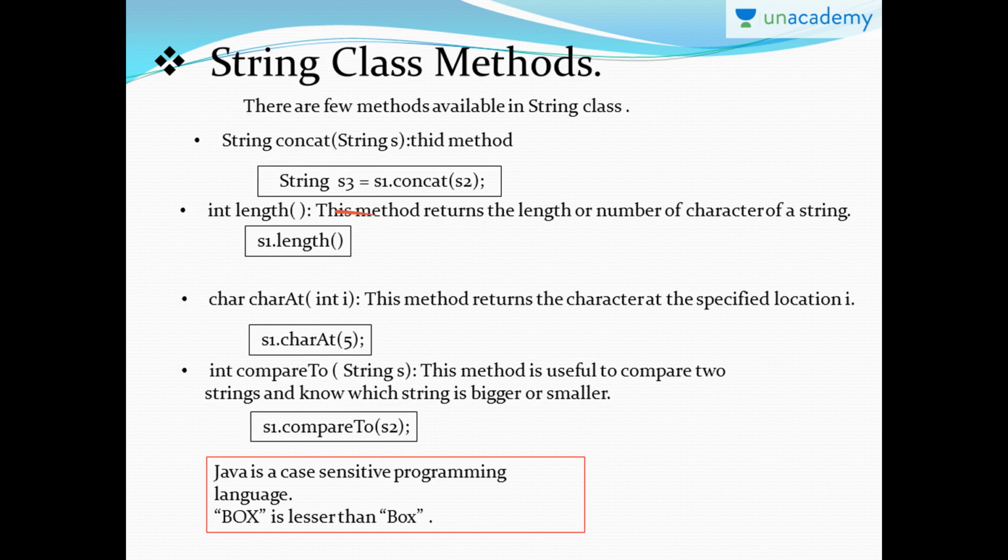Okay. When you come to the next method, int length, this method returns the number of characters that are there. Suppose I write s1.length, whatever is there in s1, like for example if s1 includes Java, then the length of s1 will be 4, JAVA. Okay. Next, charAt(int). This method returns the character at the specified location. For example, if I'm giving charAt(5) on the word university, whatever character is at the fifth place will be given as the output when you use charAt(i).